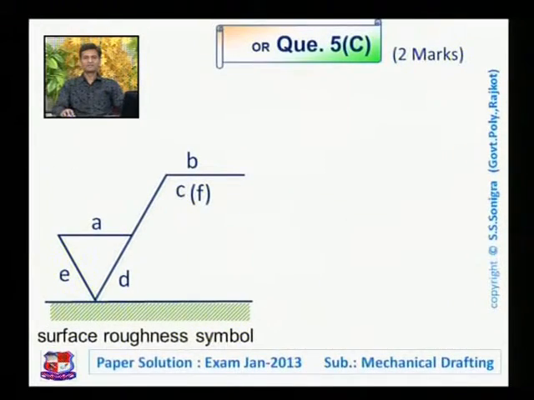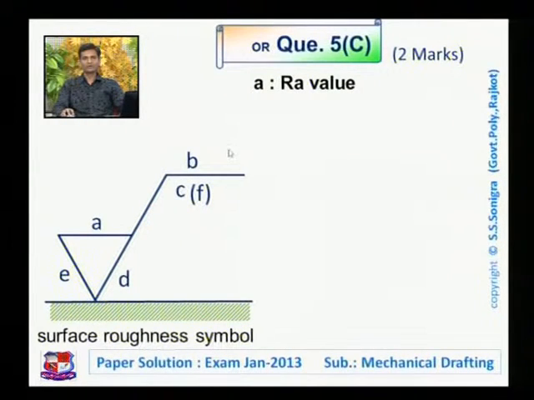This is the symbol of surface roughness. Say A, B, C, D, E, F. You have to draw the symbol like this. Draw a right angle, draw a triangle over here. Here A indicates the Ra value. Whenever you draw the symbol of surface roughness, you have to mention these elements also, A, B, C, D, E